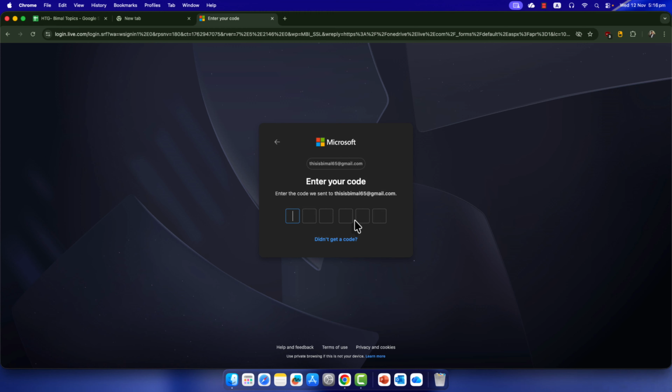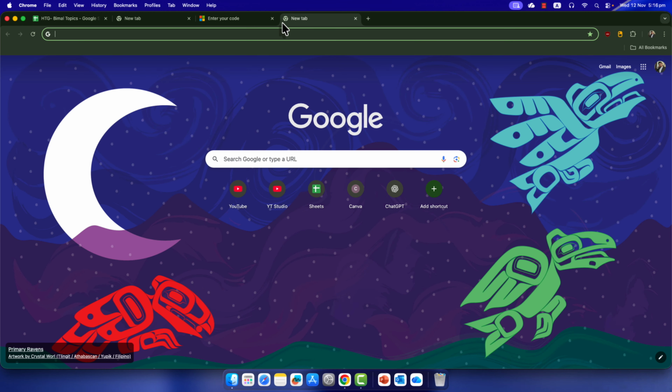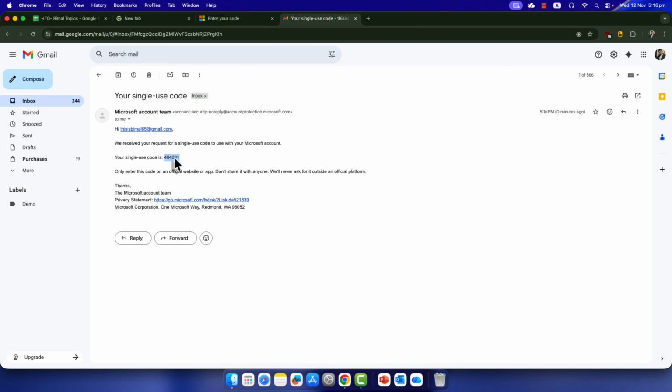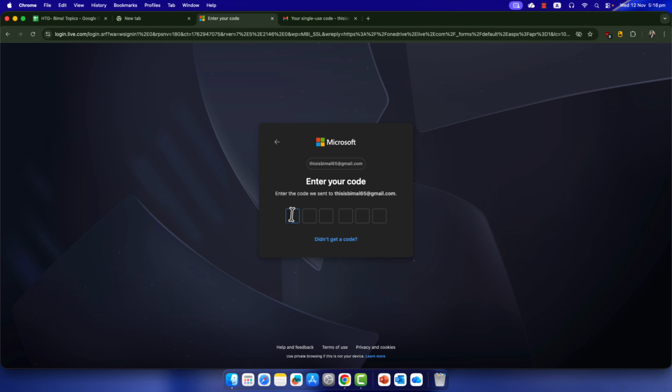So I'll just click on the send code button and I'll go ahead and then simply select my Gmail and then I'll open it up. And once I'm here, you can see the email. So I'll just open up that email and I'll simply copy the code. Then I'll just come back here and I'll just paste the code,